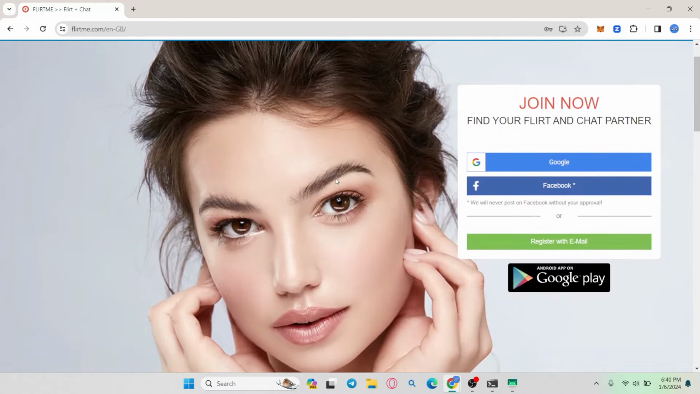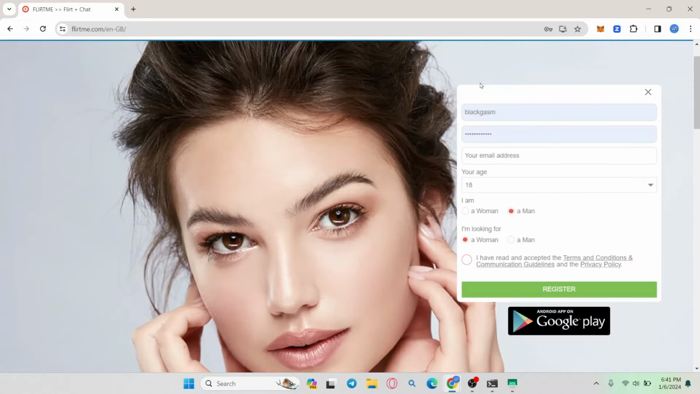Now from this page, if you don't have an account already, you can tap on the register with email button to continue signing up using your email address. You can also use your Facebook or your Google account to continue with signing up. Go ahead and choose whichever option is suitable for you, and you might be asked to enter your preferred username